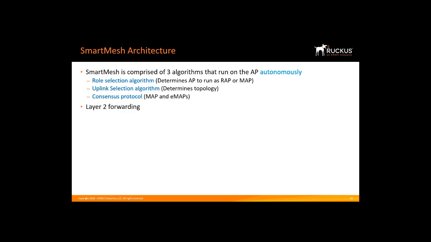Let's review the elements of Layer 2 forwarding. Each AP implements a virtual AP function, which means that the single interface can operate as a station or as an AP, with bridging software between the station and the AP. In essence, a mesh path is a chain of AP to station connections, with the software bridge between the station